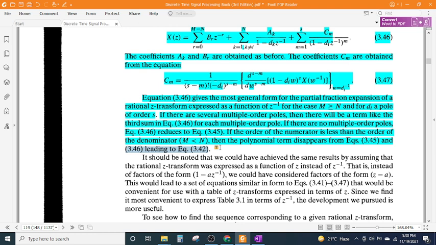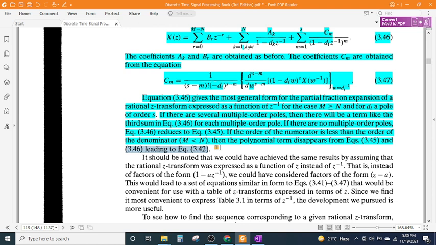Let us suppose that X(z) has only first-order poles, so that Eq. 3.45 is the most general form of the partial fraction expansion. To find x[n], we first note that the z-transform operation is linear, so that the inverse transform of individual terms can be found and then added together to form x[n]. The terms B_r z^-r correspond to shifted and scaled impulse sequences, i.e., terms of the form B_r delta[n-r]. The fractional terms correspond to exponential sequences. To decide whether a term